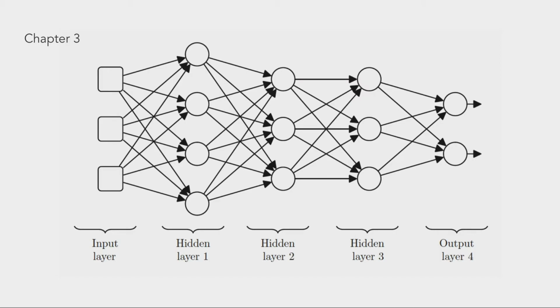So in this diagram, the squares in the input layer represent locations in memory that are used to present inputs to the network, and these locations can be thought of as sensing neurons. There is no processing of information in these sensing neurons, and the output of each of these neurons is simply the value of data stored at the memory location. And the circles in the figure represent the information processing neurons in the network.